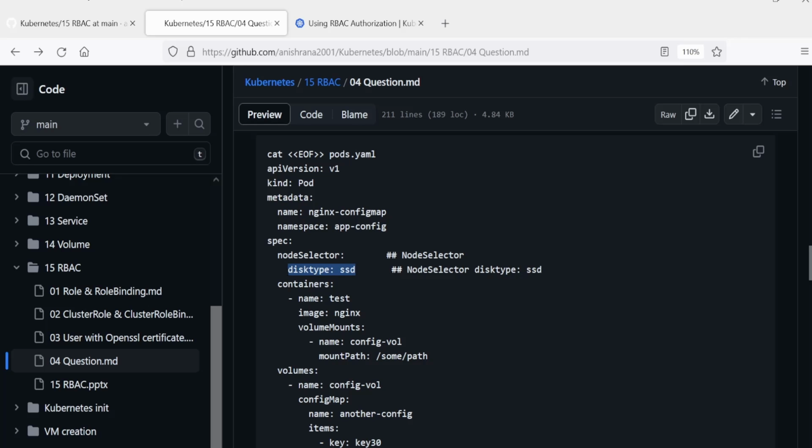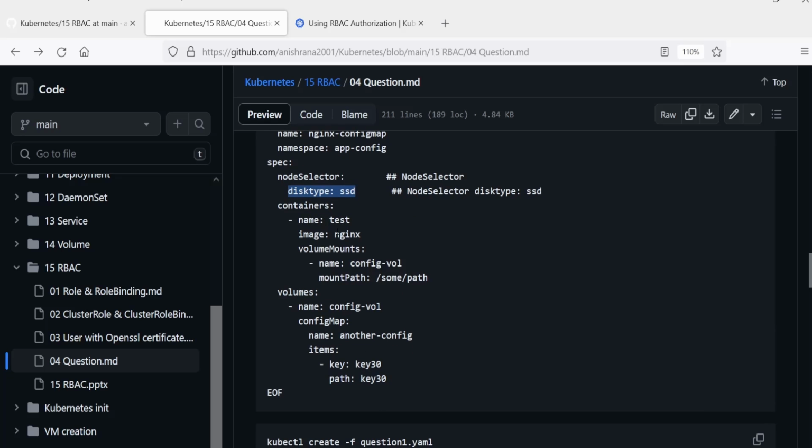In our case, I have already set this label on my worker node 1 and worker node 2. In the container section, I have mentioned the image name should be nginx and the volume mount is some path. Name is this and volume is this.